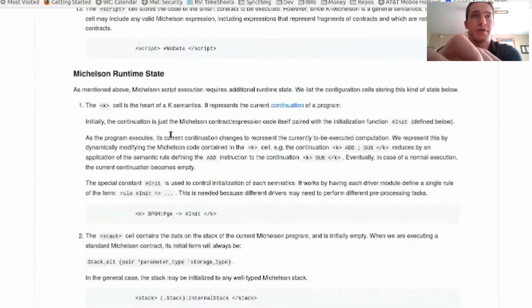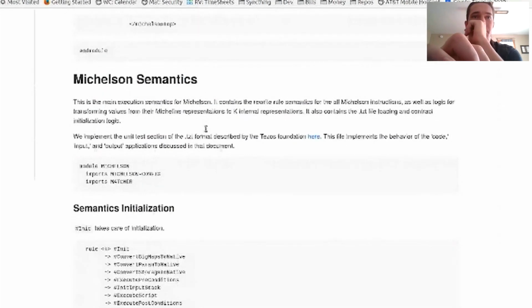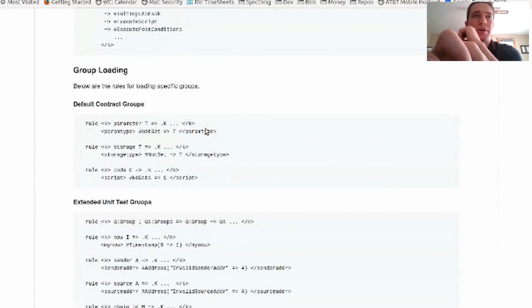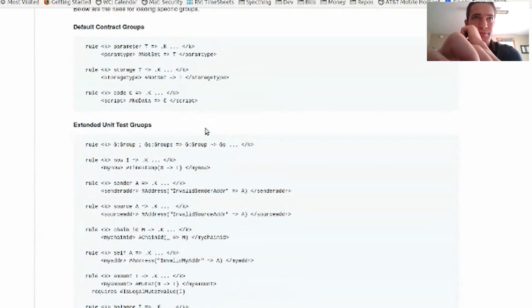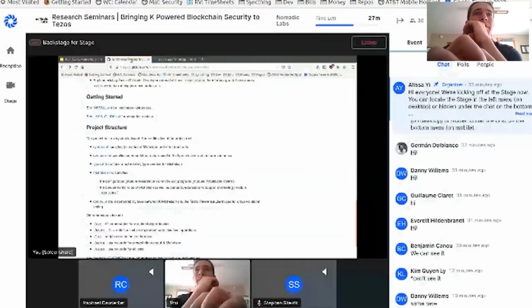This is probably the main meat of it right here. The K cell is what's going to actually hold what's being executed right now in the Michelson language. So whatever instruction it is that's up next to be executed will be here. And then the stack, this is going to be the Michelson stack. Okay. But there's a bunch more stuff you have to look at, and then you actually look at, okay, when you set the storage using the storage command to T, then go over to the storage type and set it from not set to T, right? So you update it at the same time. But like I said, not a K tutorial,